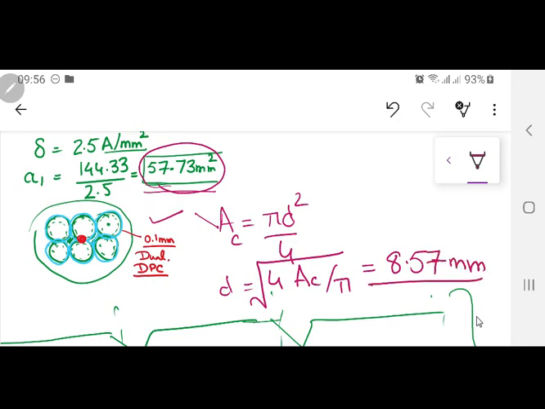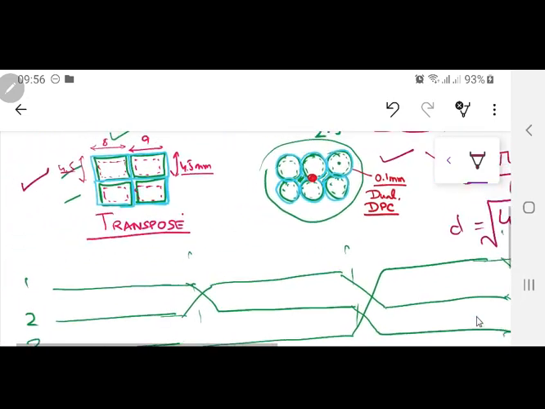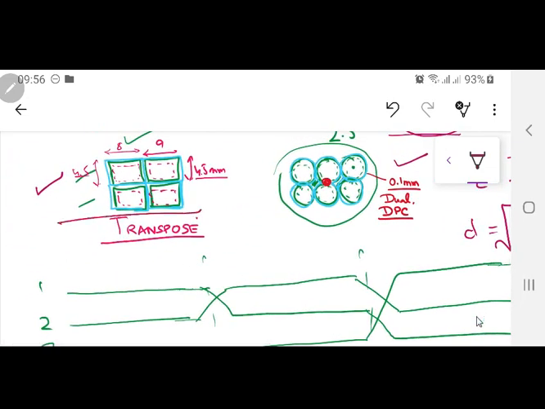Now 8.5 mm is a very thick conductor. Technically I am not going to use an 8.5 mm conductor here. Whenever the diameter of your circular conductor, when you put this in the equation, comes out more than 3.5 mm, then you will move towards rectangular conductors, because they are easy to handle and the air gap is also not there.